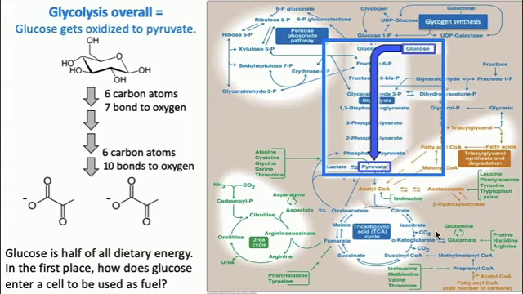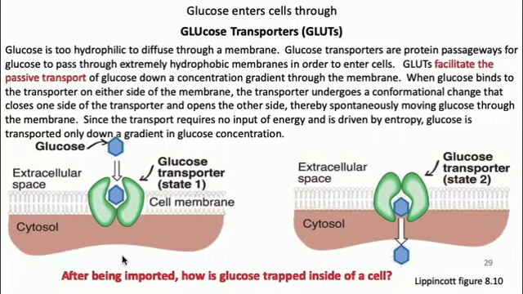Well, of course, glucose is way too hydrophilic to diffuse through a membrane. Therefore, it needs a channel. In particular, there are several types of channels, but I want to focus on the glucose transporters, GLUTs. Absolutely a learning objective. You need to know about these. GLUTs do not require any energy. Rather, what drives the transport of glucose through a GLUT is going to be a